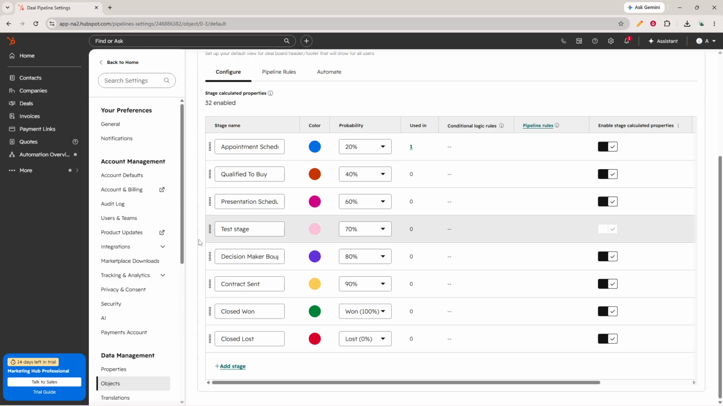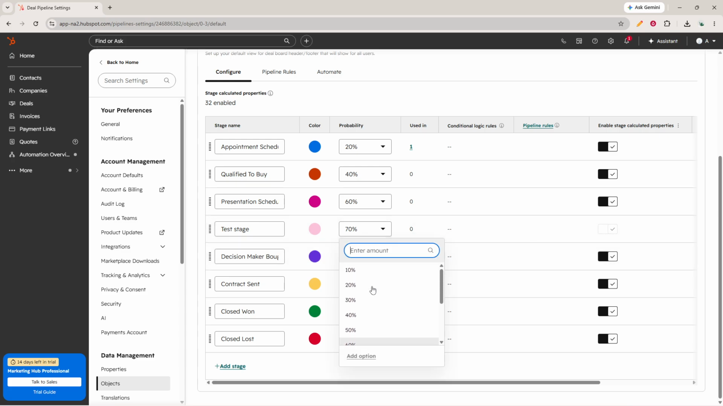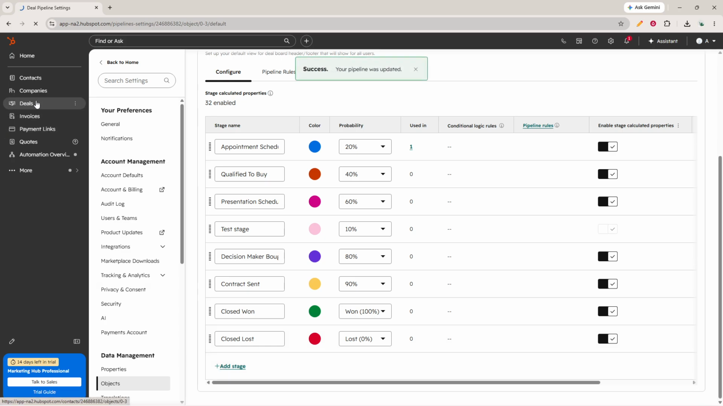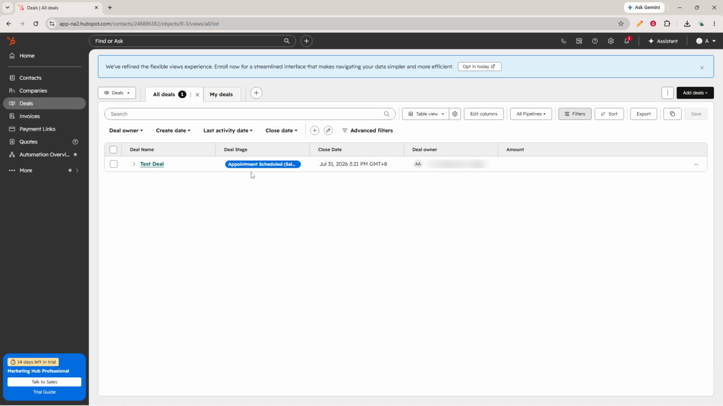If HubSpot takes a moment to process the update, wait for the save to complete before moving away from the page. To verify the result, go back to CRM, then open Deals. From there, open the pipeline you just edited and look through the stage column or board view. Confirm that the new deal stage appears in the correct position and that the pipeline reflects the structure you set up in settings. Your HubSpot deal pipeline now includes the updated deal stages in the order you configured,